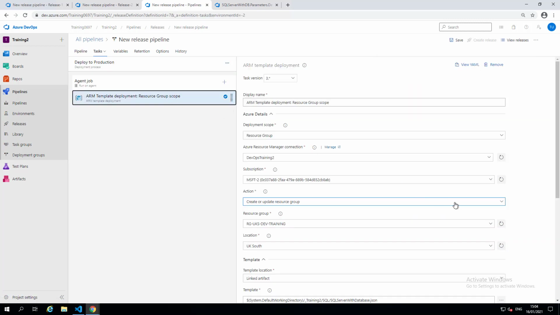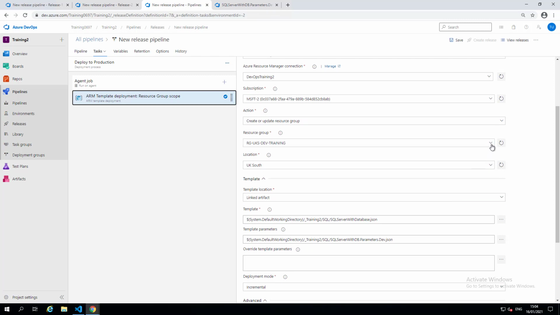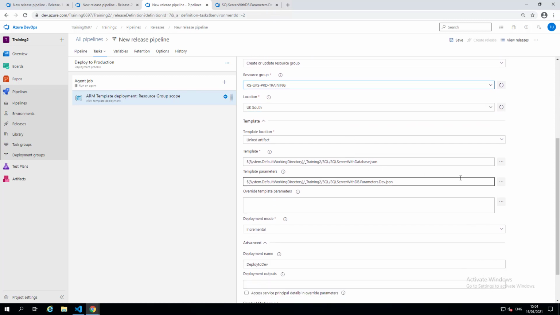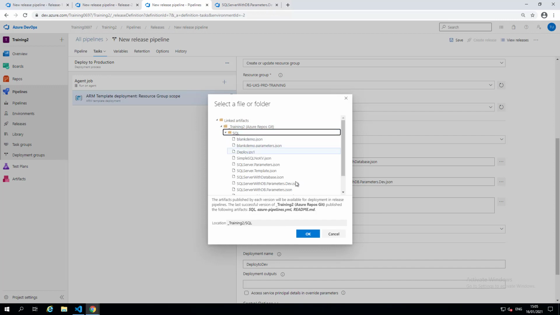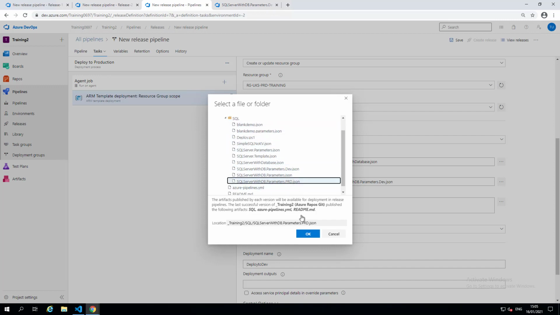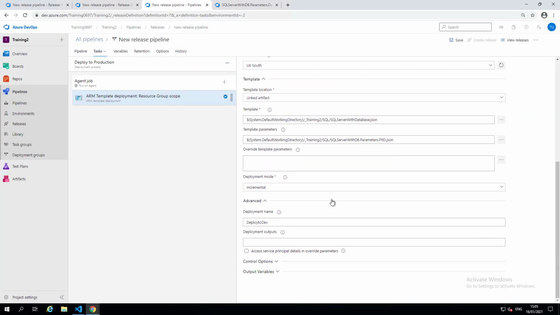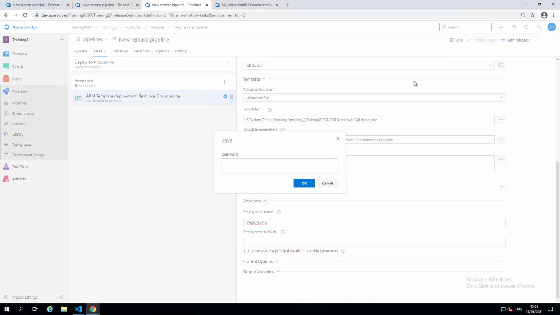So we probably, because we cloned it, we want to change some of the parameters. So this time we want to deploy it to our production resource group. And we don't want to use our development environment. We want to use our production parameter file there. So let's just leave it for now. Let's just change the deployment name and save that.